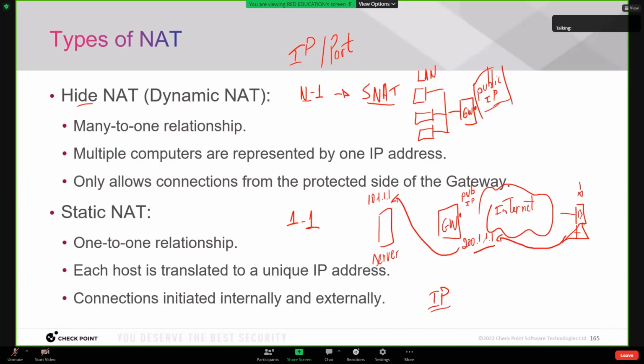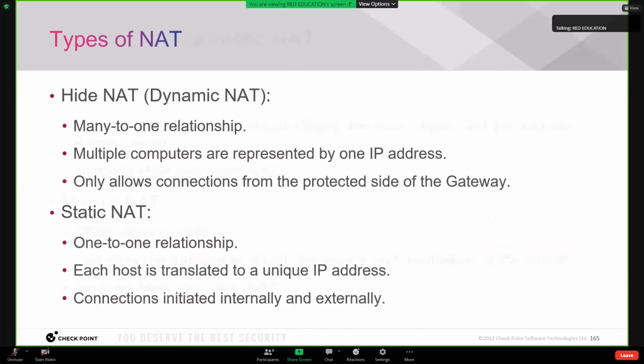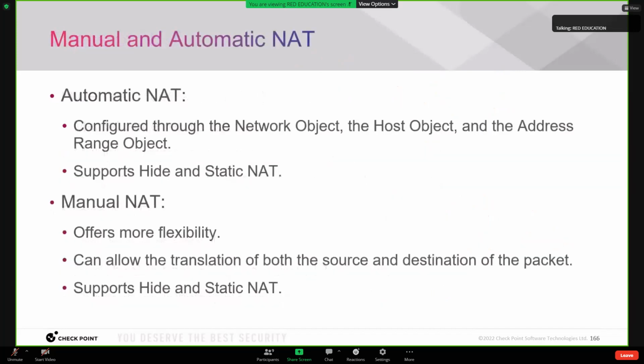And this is important because you can configure NAT in two different ways in Checkpoint. The lazy way and the not lazy way, the easy way and the hard way, right? Automatic NAT and manual NAT. With automatic NAT, as the name suggests, you just need to check the object and enable NAT inside that object. That object can be a gateway, a host, or a network object. It doesn't matter. All these objects have a